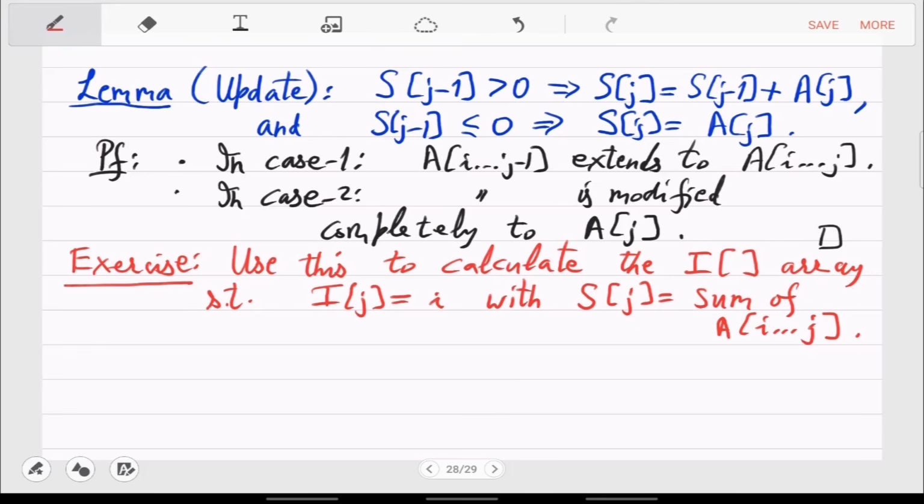And it becomes what? So what is the update in case 2 for small i? Small i becomes j, and j minus 1 becomes j. Right? So the two endpoints, the starting point and the endpoint, are equal to j in the second case. And in the first case, the starting point doesn't change, the endpoint increments by 1. So you can keep track of small i in the big I array. So as an exercise, you also calculate this array in the same time. So you have both the max sum and the subarray start and endpoints. So everything can be calculated in linear time.